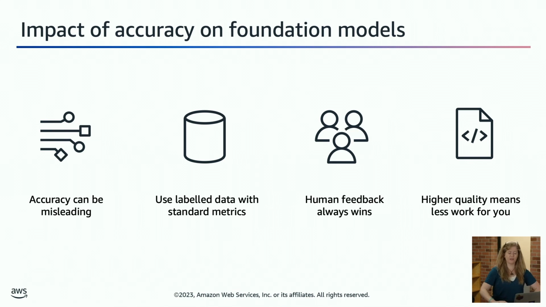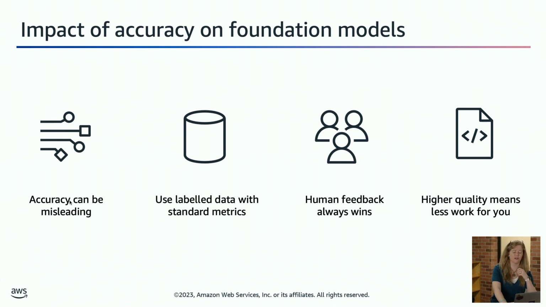And then again, the impact of accuracy on foundation models is always a thing. So we care about how good these models are. You want a model to be good. But it is not obvious to determine what good means. Good means different things to different people. I might say a good driver is someone who's safe, and you might say a good driver is someone who's, you know, clocking F1 wins. So good means a lot of different things, and so we want to quantify that.